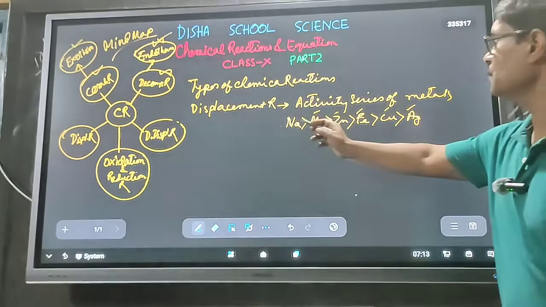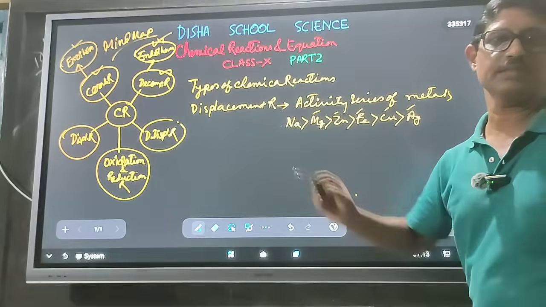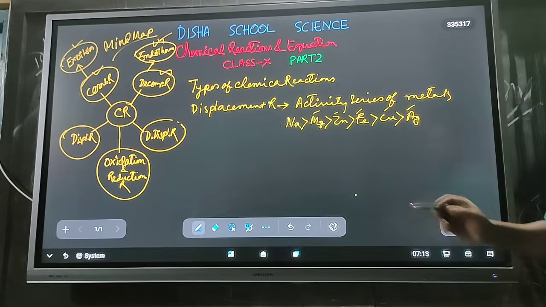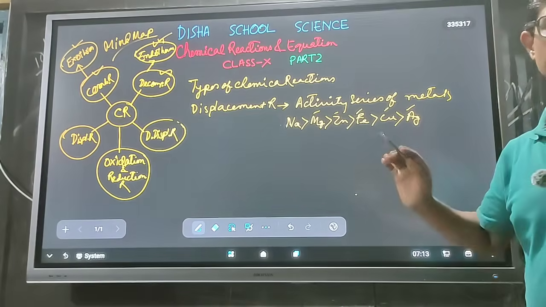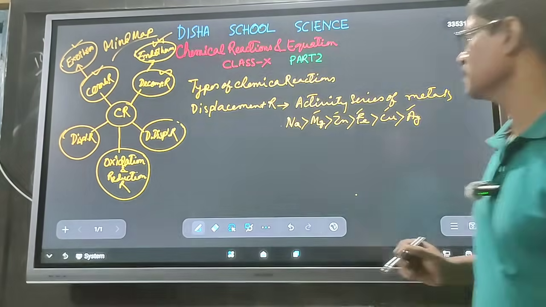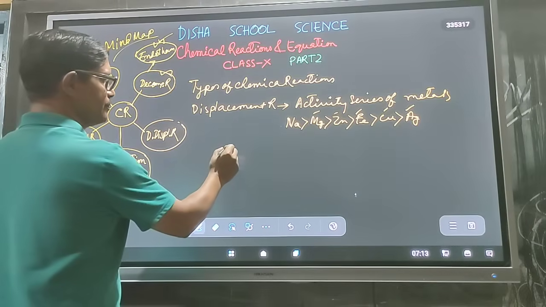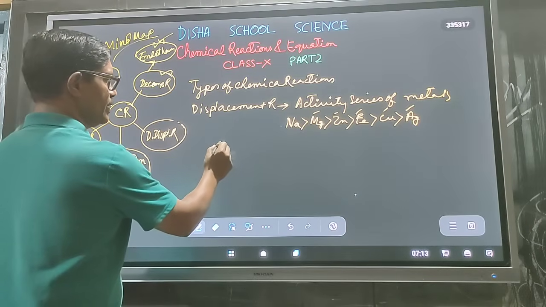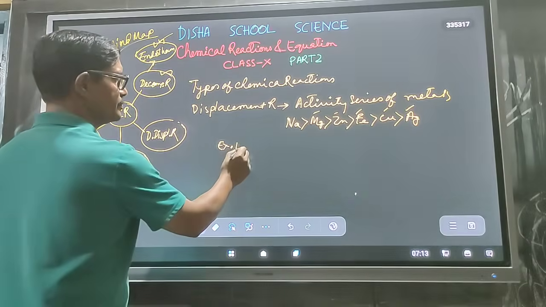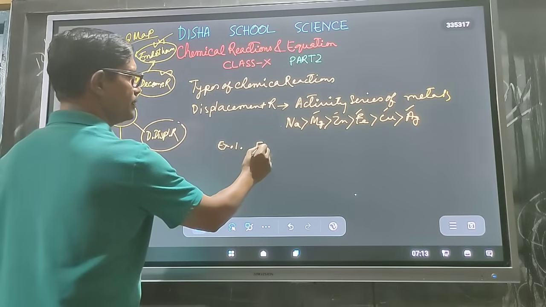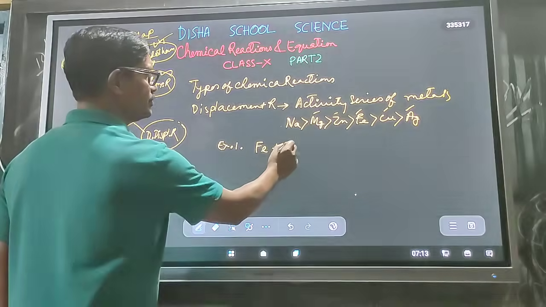Okay, so you have to know this activity, then you can understand displacement reaction. Without knowing this, you cannot understand. Okay, so displacement reaction, an example you see. One example I give you. Example 1: you see iron. Whenever iron reacts with copper